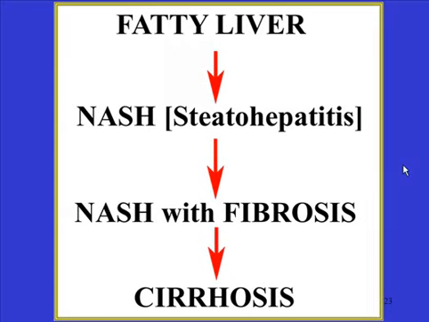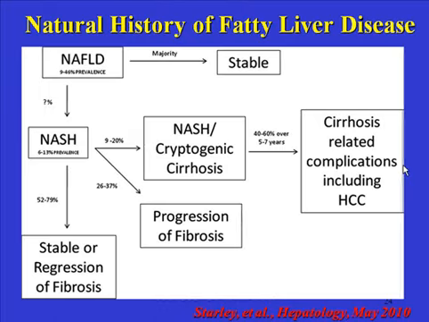You can get progression from fatty liver to what's called NASH, which is steatohepatitis, where you have actual liver inflammation with a fatty liver, and then NASH with fibrosis, which can lead to cirrhosis. In fact, fatty liver disease is probably going to be one of the major causes of cirrhosis in the United States. And here's an algorithm that I'll leave up for a moment or two for those of you who